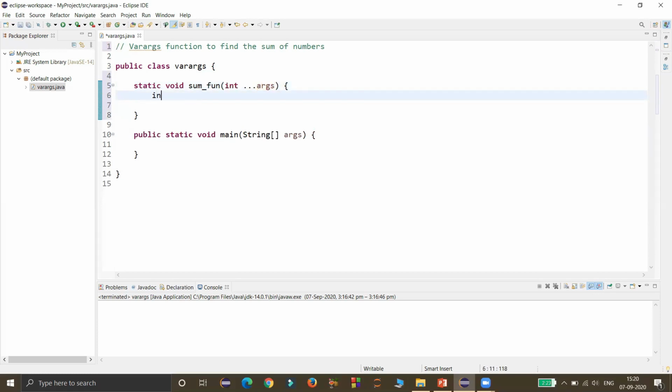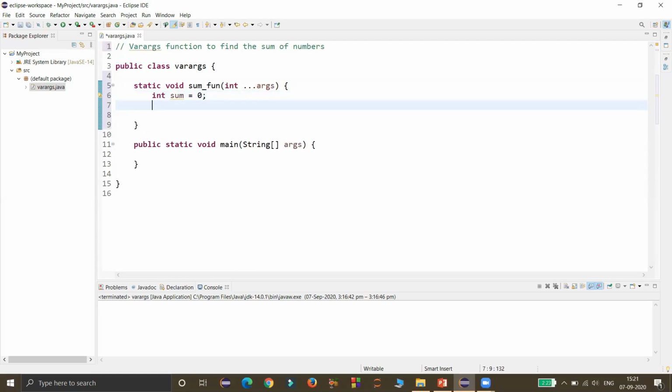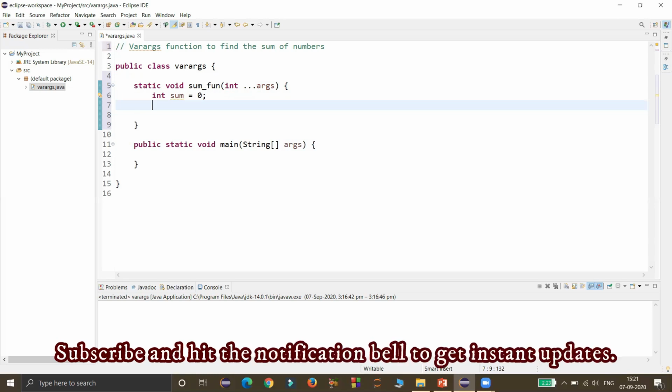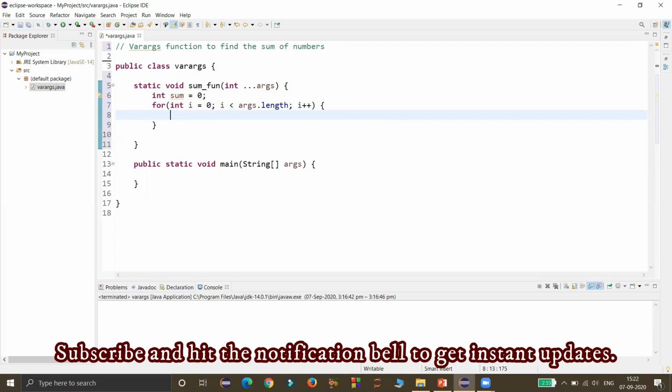Now I am taking an integer sum with initial value 0 in it. I already mentioned that we can access the variable length argument args as a normal array, so I am using a for loop to access the individual elements of args. Inside the for loop, I am writing a statement to sum all the elements present in that args array.